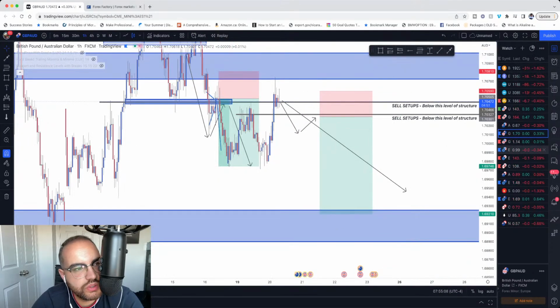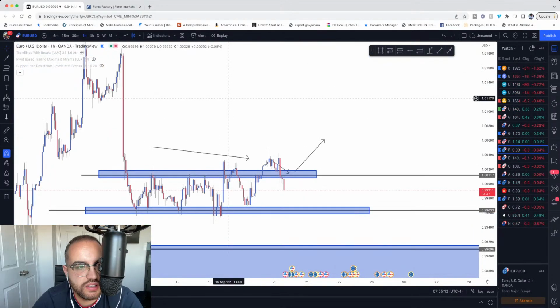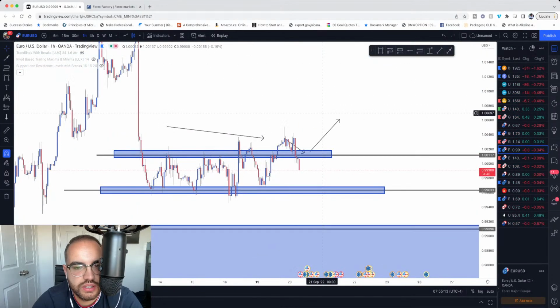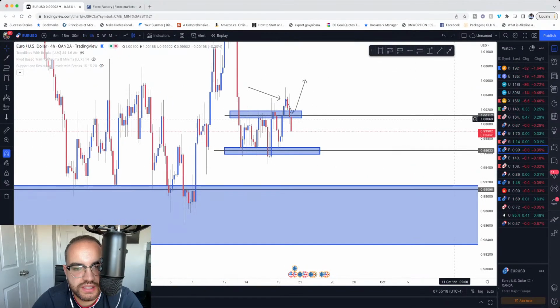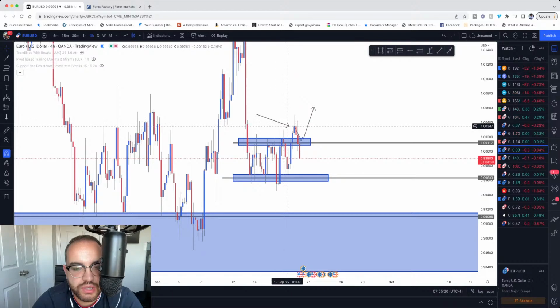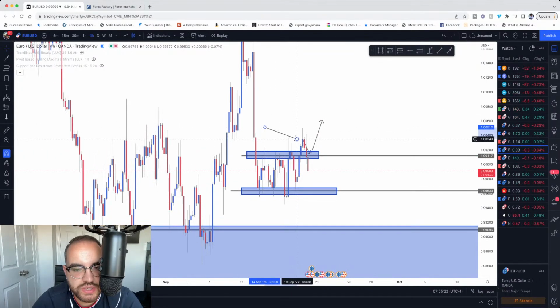So yeah, let's move over to Euro USD and kind of see what's going on. So Euro USD, we actually got a complete fake out. If we look at the 4 hour, price was in this range. We were expecting some sort of a pullback and a break and retest. So price was retesting. We saw that price came up, and then you can see my arrow, price came back down to retest this